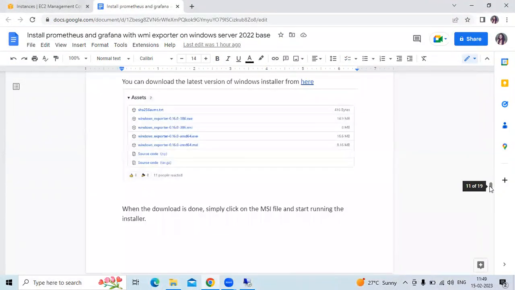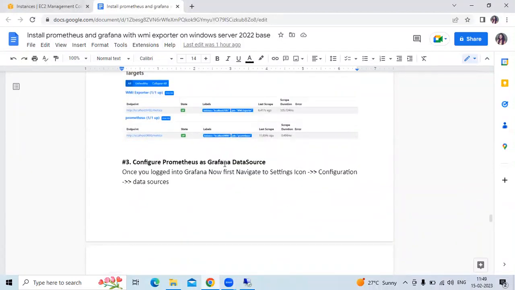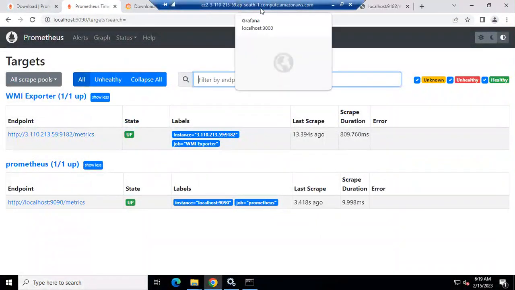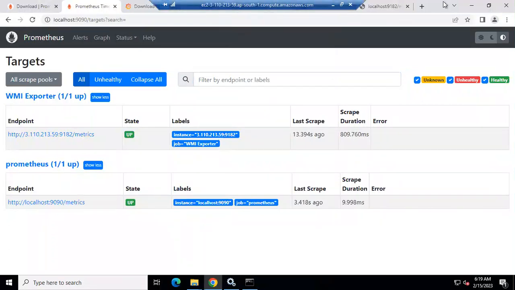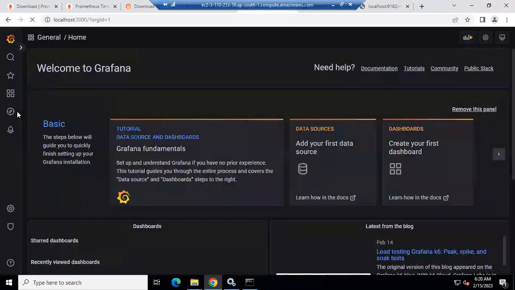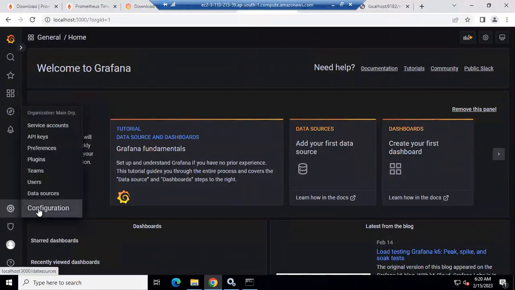Okay, now the next step is go to the Grafana. Now configure Prometheus as Grafana data source. So once you log in to Grafana, first navigate to the settings icon and configure data sources, right? Okay, so go to the Grafana. So here is our Grafana. And here in Grafana, first of all, go to the settings here, configure,